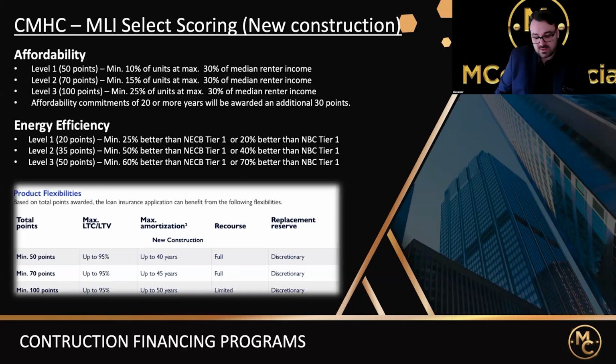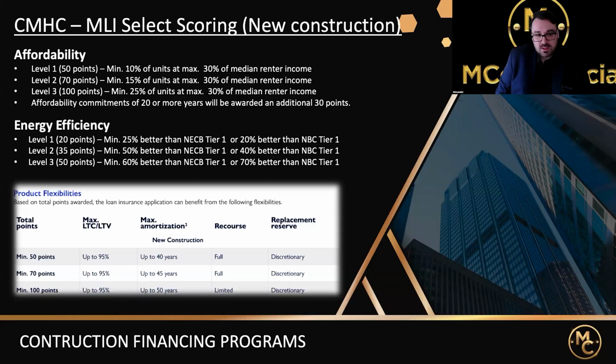What's important to note is what determines your affordable rents. Well, it's CMHC. They provide a list to the lender that's based on location, what your maximum rent is going to be. For example, if you have a project in Toronto, it's going to be $13.47 is going to be your max rent. If you're in Montreal, it's $10.90, and so on. There's a specific number for every single city. If that city is not there, CMHC suggests to use the closest one, or sometimes it's considered rural, and there are rural numbers that the lenders have as well.